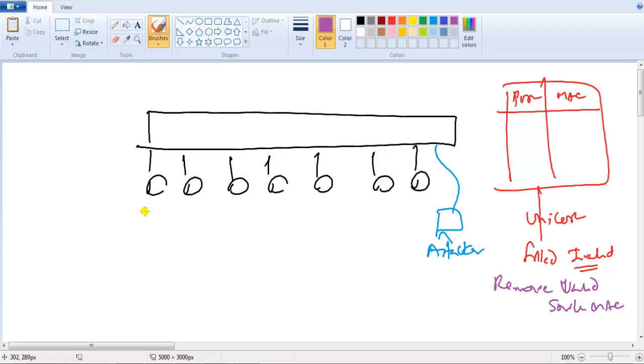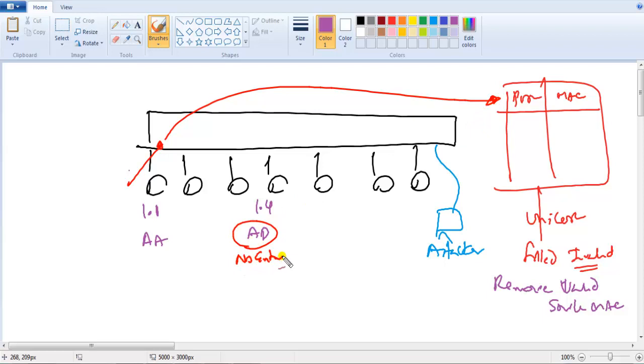Now in this scenario, if a valid user 1.1 wants to communicate with 1.4, let's say the MAC address is AA and the MAC address is AD. Now your packet reaches the switch. The switch is going to see the CAM table. In that particular CAM table, there is no entry for the destination MAC address, and whenever there is no entry for the destination MAC address, the switch is going to simply send a broadcast or flood throughout the network. Now every time any valid user wants to communicate with any other user in the LAN, it's going to simply flood that in the network. That's what switches will do.